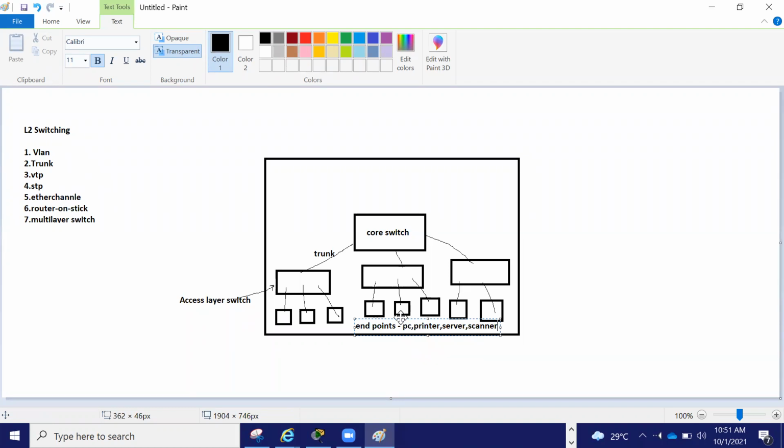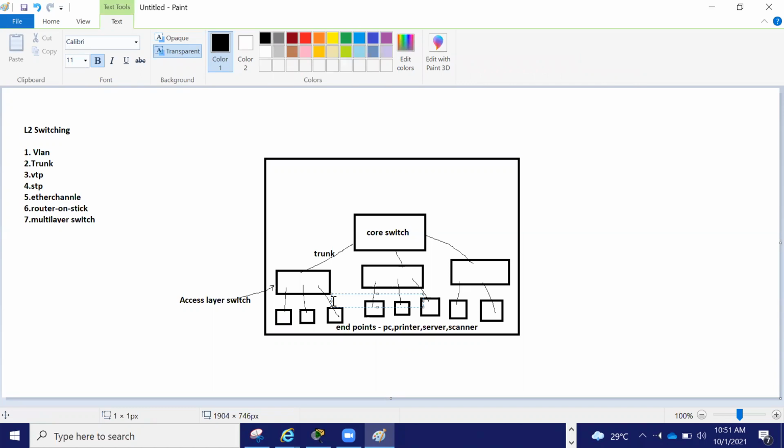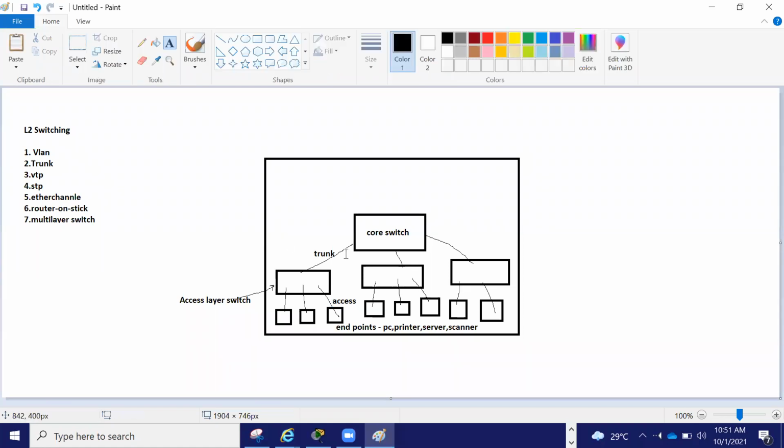They are called endpoints. Next, all the endpoints connect to these layer 2 switches, and that port is called an access port. And the switch-to-switch connections are via trunk. Got it?